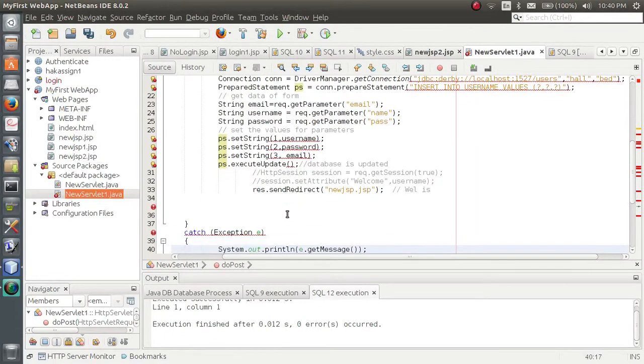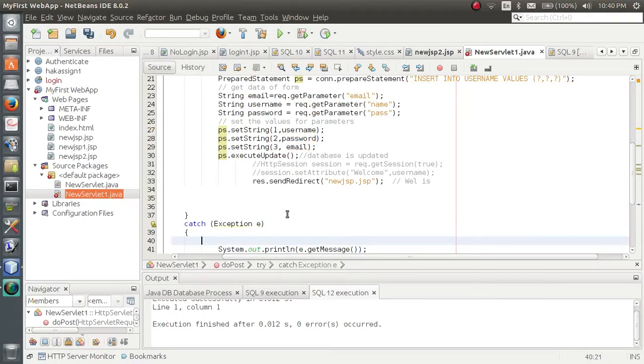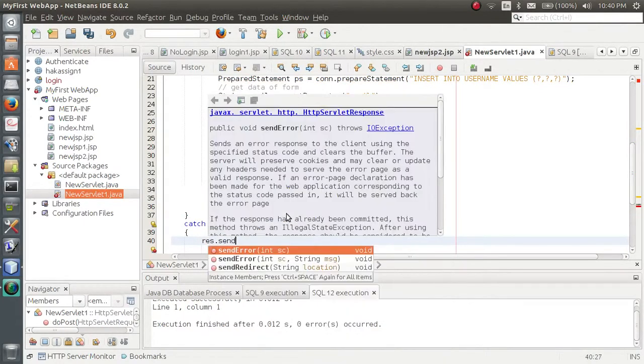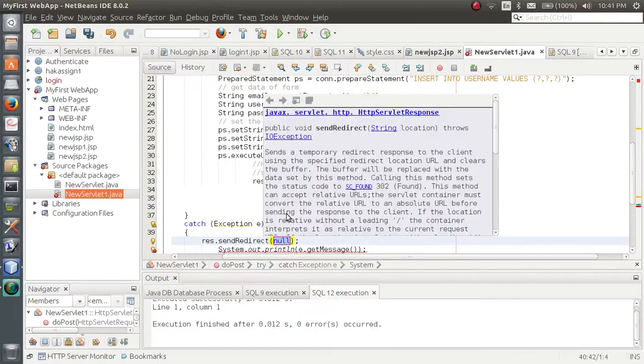Now if any kind of exception occurs, the user will be redirected using response.sendRedirect to new JSP1.jsp.